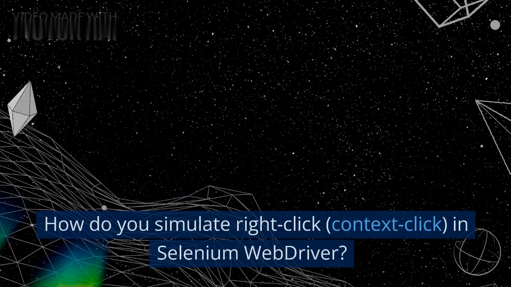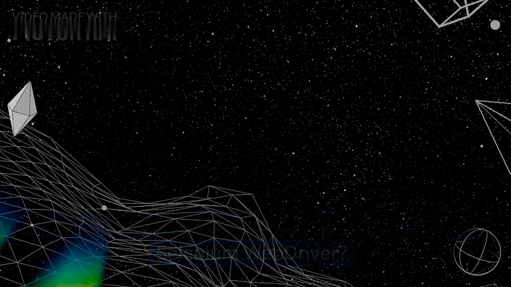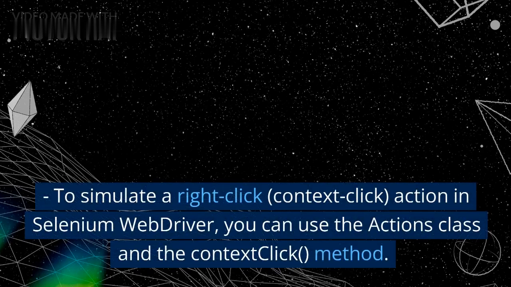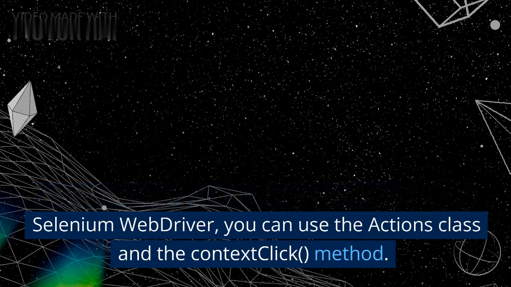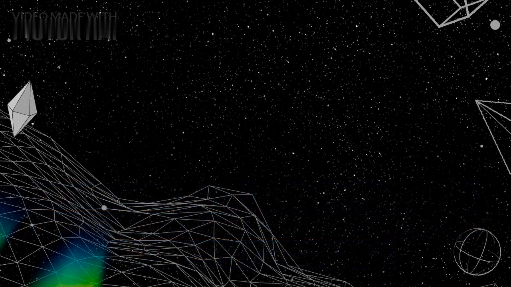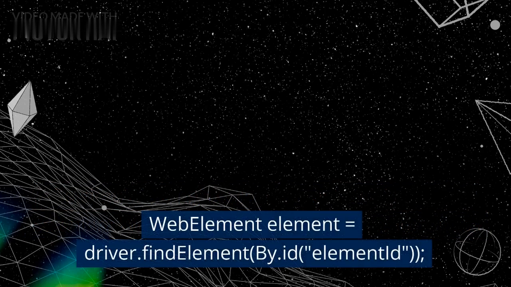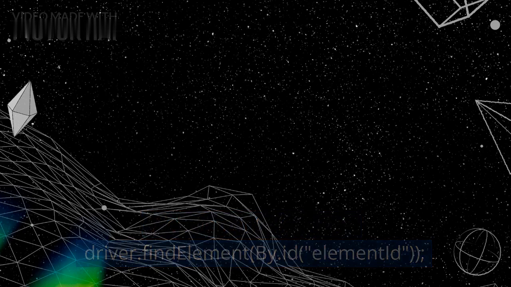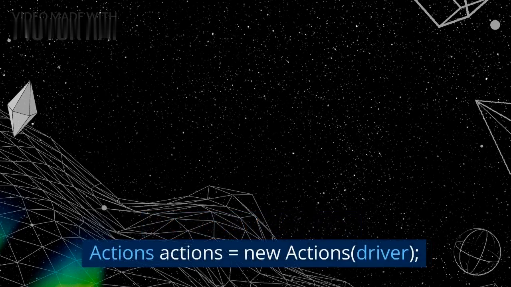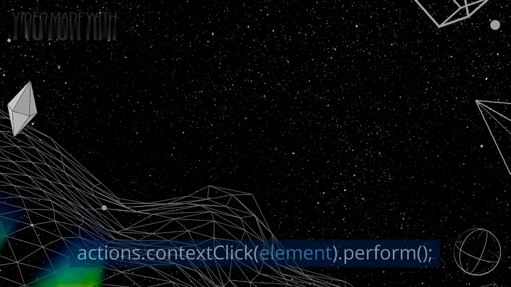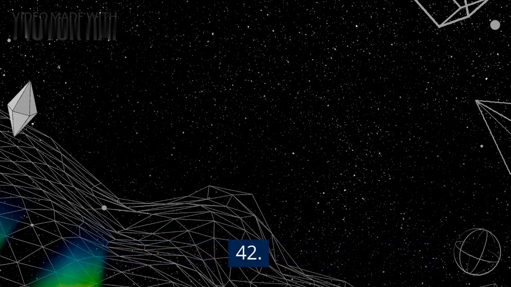41. How do you simulate right-click, context-click in Selenium WebDriver? To simulate a right-click, context-click action in Selenium WebDriver, you can use the Actions class and the contextClick method. For example, in Java: WebElement element = driver.findElement(By.id("elementID")); Actions actions = new Actions(driver); actions.contextClick(element).perform();